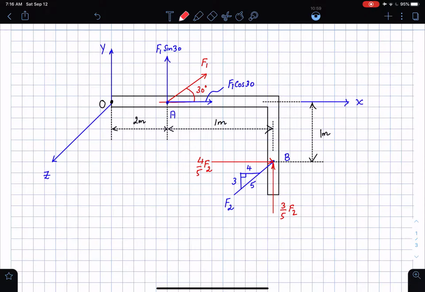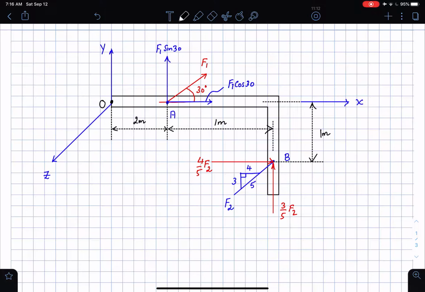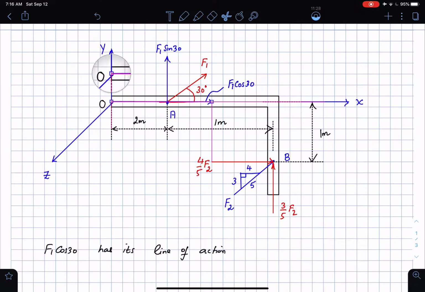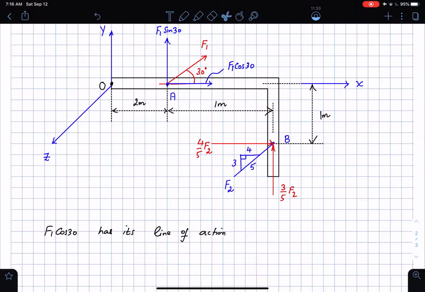And then right away I realized, hey, look at the force F1 cosine 30. Its line of action intersects the point O, so it is not going to cause any moment about the point O. So that's something I'm going to write down. F1 cosine 30 has its line of action intersecting, if you extend it. If you take this blue colored component and extend it, its line of action is passing through the point O, so obviously it's going to cause zero moment or rotation about that point O. So it has its line of action intersecting